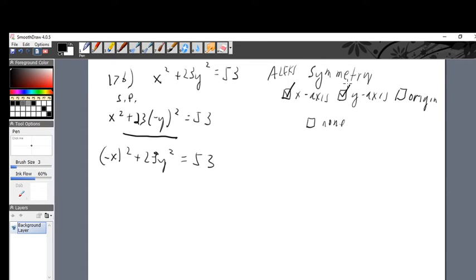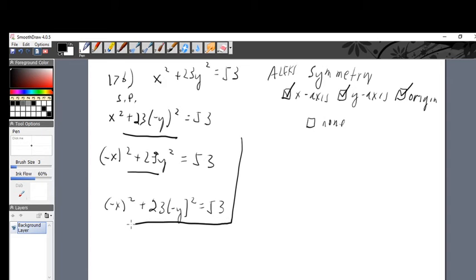Okay, but about the origin. That means you have to put in both. Change x into negative x. Leave the squared alone. Plus 23, change y into negative y, leave the 23, leave the squared alone, equals 53. Will this turn into regular x squared? Will this turn into regular y squared? Yes, that means it's equal to the original. That means it's symmetrical about the origin. And of course it's not none. And then problem 17 is over. That's how you test for symmetry. All you've got to do is remember those tests, and I don't think you'll find it to be so terribly